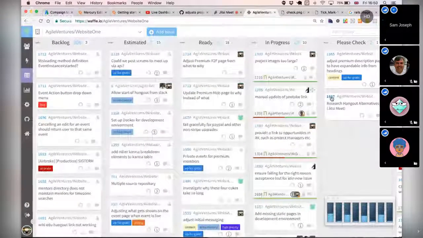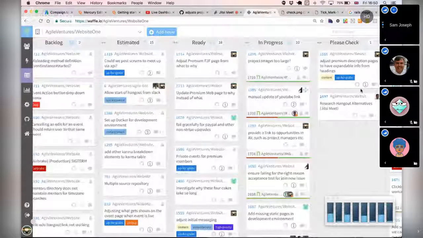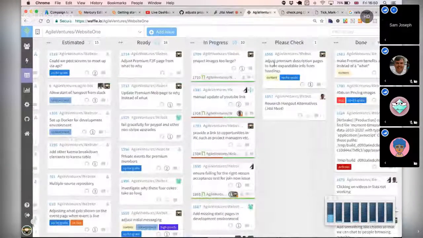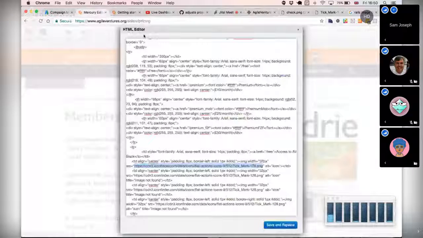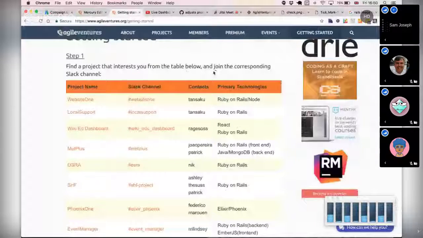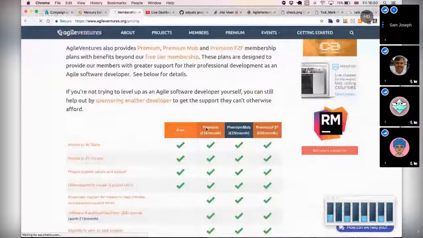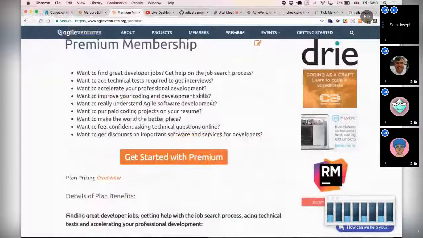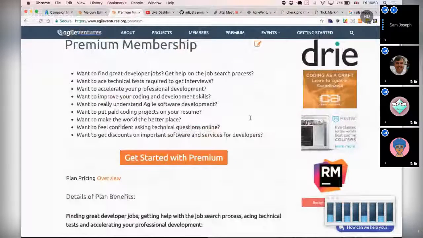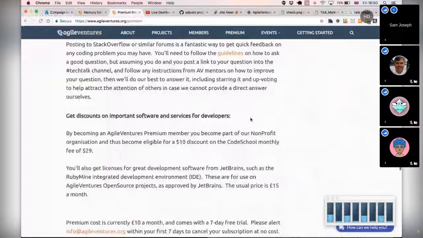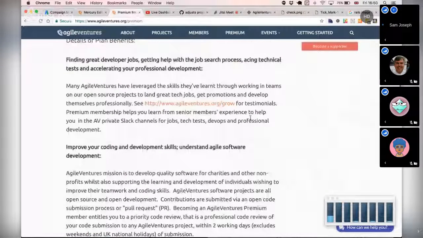So if we just look at some other things, let's clear up the board a little bit. The other thing that I'm considering that I'd love to get your input on is for the premium, so having revised this, it's maybe slightly too many questions, but we'll see. And looking at this, I think it's a step in the right direction.